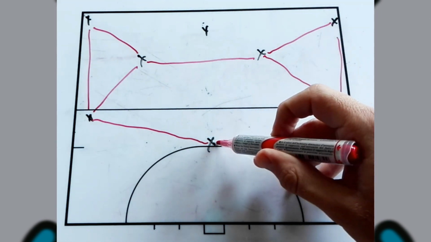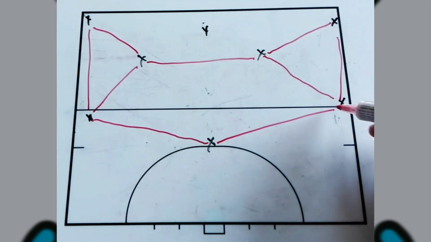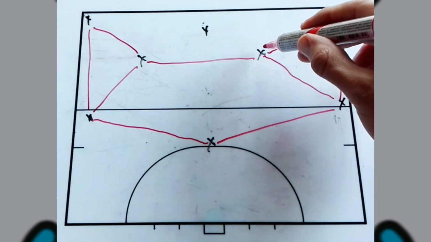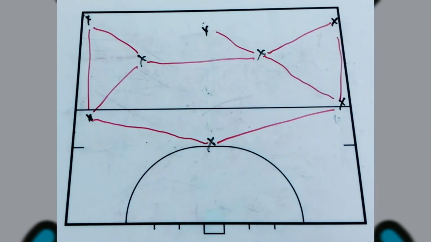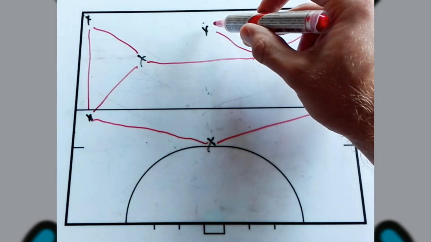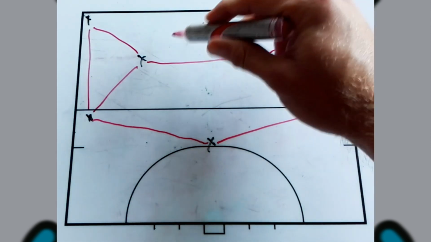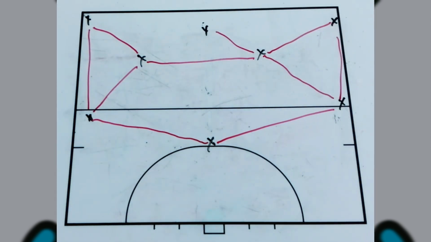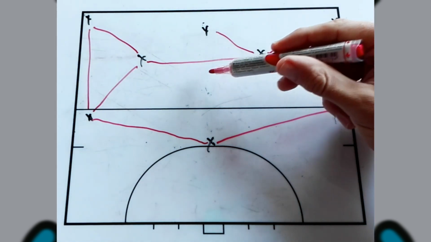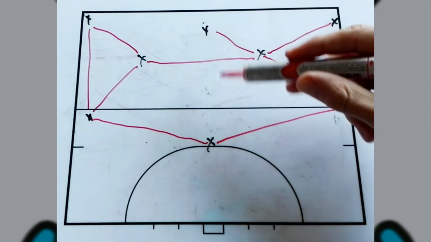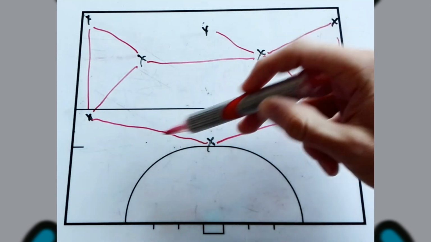If the ball decides to go from here to that side, you can also use this midfielder, but then this midfielder can use the striker as well that came back, and this striker can then decide to go on the sides. So if you're in back five, if the center midfielder came into the back for transferring purposes, there's a lot of options that you can have to outlet to get past the